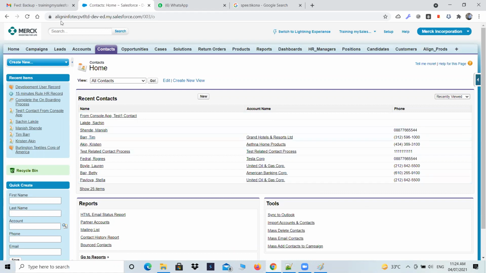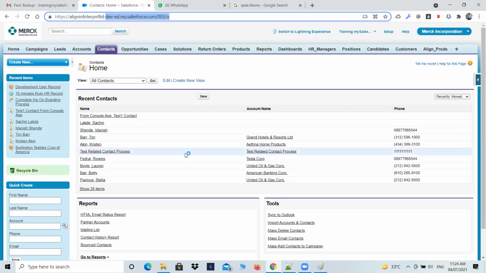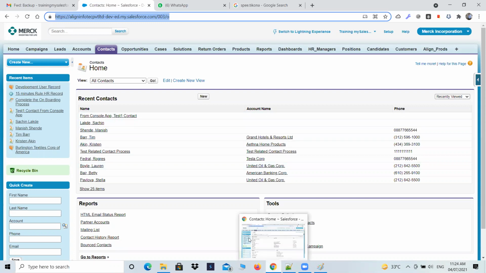ये जो कुछ भी वेबसाइट है मेरा, this particular application, Align Infotech Private Limited, this application is not loaded from my PC, although this Google Chrome is actually present inside this device. Google Chrome तो installed है, browser तो installed है, and I'm making this application available. I'm accessing this application from this particular browser. So although the application is loaded from the server, application तो मेरा server से चल रहा है, but then this